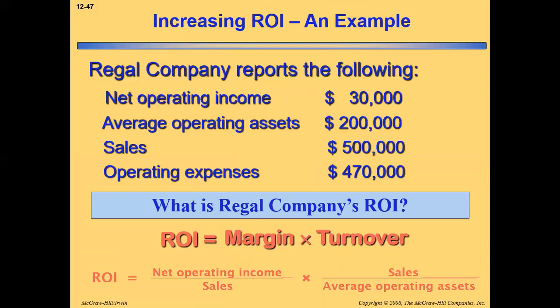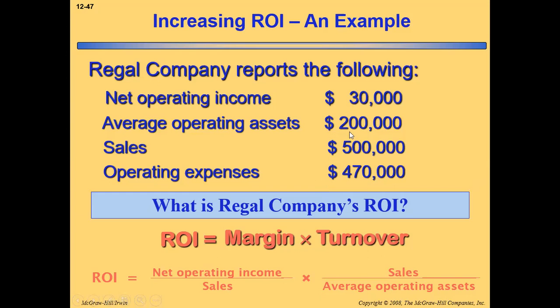Now this is an example we'll discuss. See, here is a company, Regal company, whose net operating income is 30,000, average operating asset is 2 lakh, sales is 5 lakh, operating asset is 4,70,000. What is the Regal company's ROI? ওকে, সো আমাদেরকে কি করতে হবে দেখেন, অ্যাকর্ডিং টু দ্য ফর্মুলা ইউ সি অল দ্য ইনফরমেশন ইজ গিভেন অন ইউর কোশ্চেন।